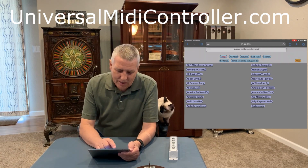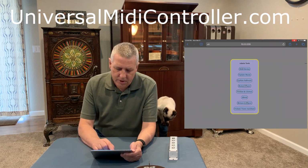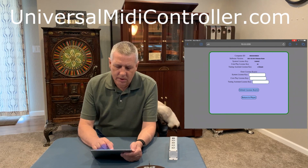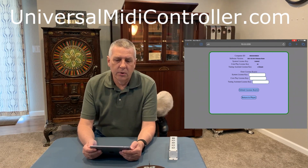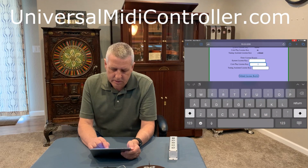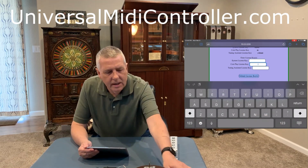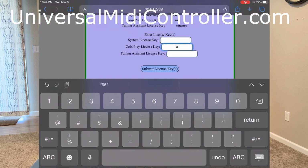So to do that, we go to settings, and we go to version and license, and you'll see there where it says coin play license key. That is the key you need to enter to enable these remote modules. So we'll select coin play license key, and the key for this particular machine is